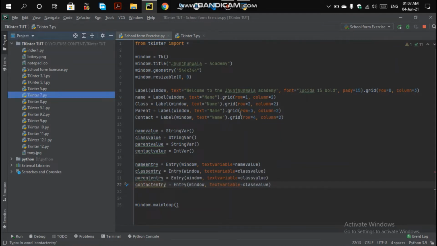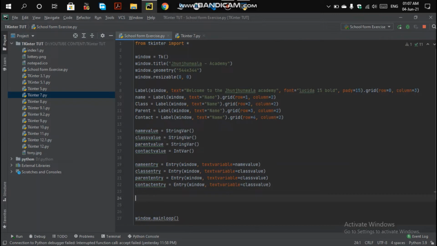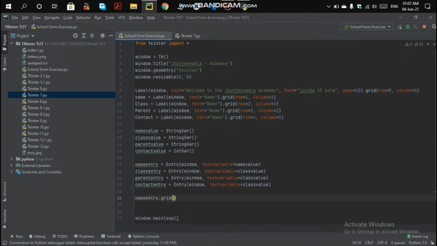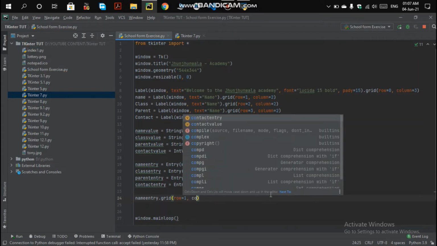For the next step, let me grid all these things. Name entry first. Name entry dot grid, using the grid method here also. Your things will be at row 1 and your column will be column 3.